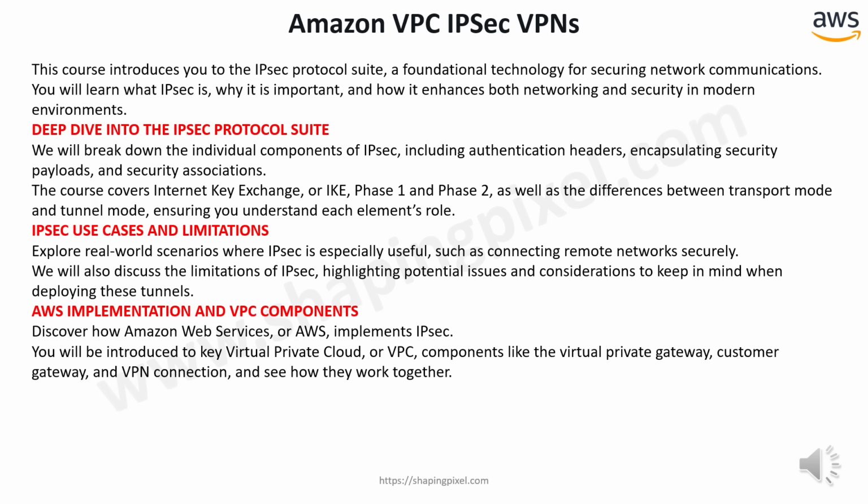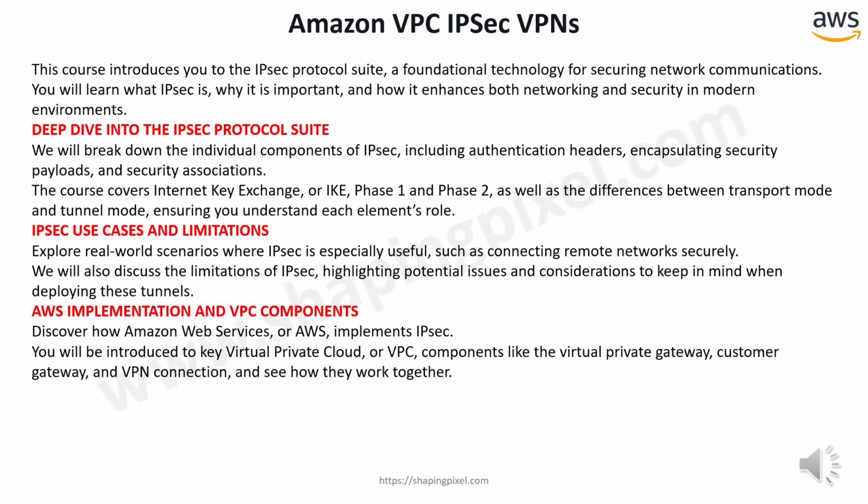AWS VPNs are quick to set up and cost 5 cents per connection hour, plus data transfer fees. However, they only support tunnel mode and do not support IPv6 traffic, so consider your bandwidth and protocol needs before deploying. When connecting your office network to Amazon Web Services or AWS, keeping your data secure as it travels is